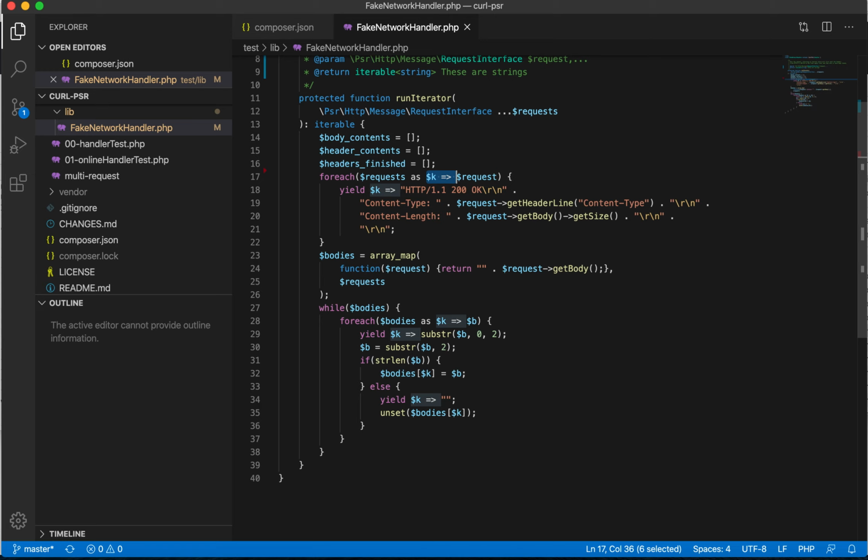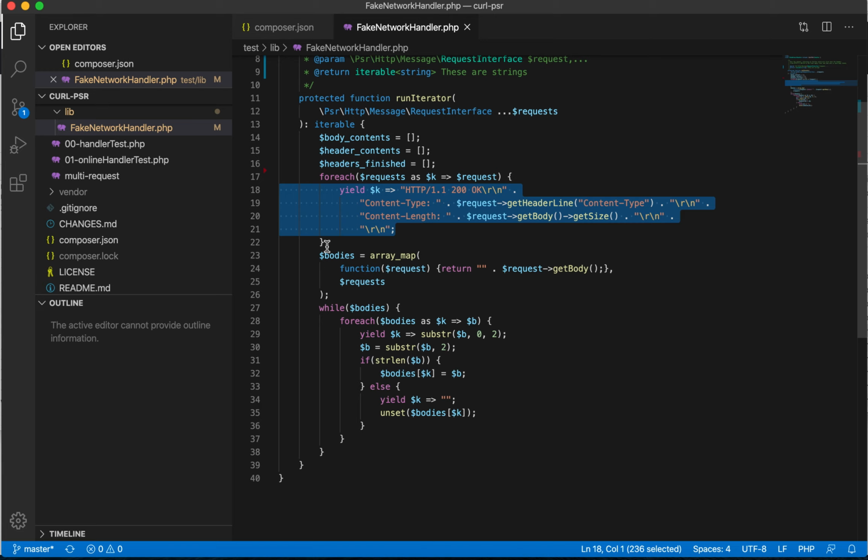So the syntax for this in PHP is foreach, and then an iterable thing, which normally is an array, but it can be other things, and then the word as, and then either just the value that it will have inside here, or the key and the value. So inside this foreach loop,